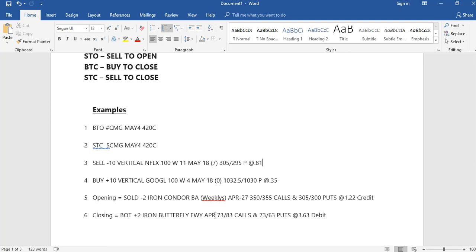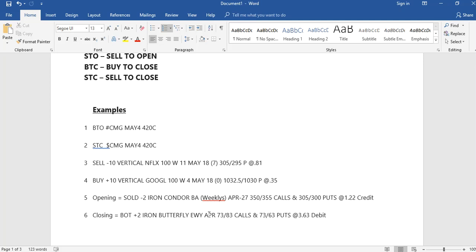April expiration. Now notice here there was no day specified. Up above we had April 27th. They gave this specific day. Here they just gave you the month of April. Why is that? Well, for monthlies, you know that a monthly always expires on the 3rd Friday of the month. So sometimes traders won't explicitly identify what the day is. They assume you know that monthlies expire on the 3rd Friday of the month,